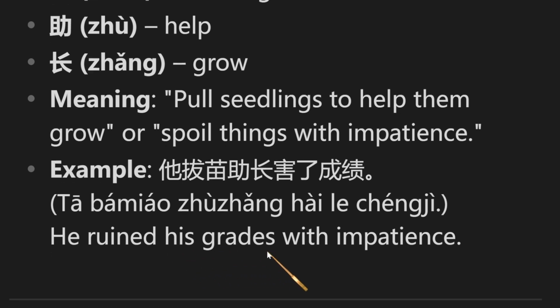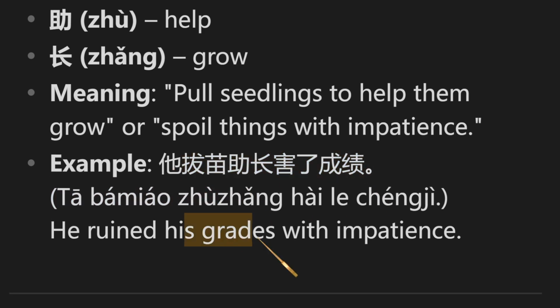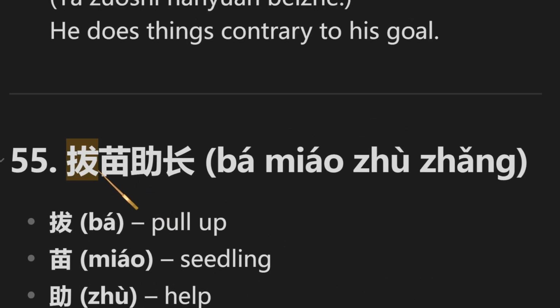He ruined his grades with impatience. 他拔苗助长，害了成绩。害了 it's to harm something, to ruin something. 成绩 it's grades. 他拔苗助长了，害了成绩。So he spoiled things with impatience, ruined his grades with impatience. So this one is really easy. Not easy, but very